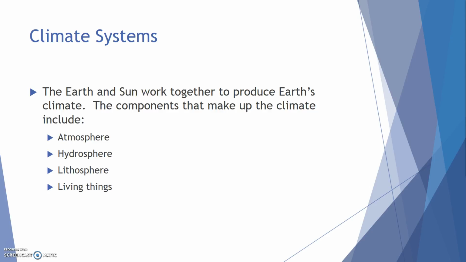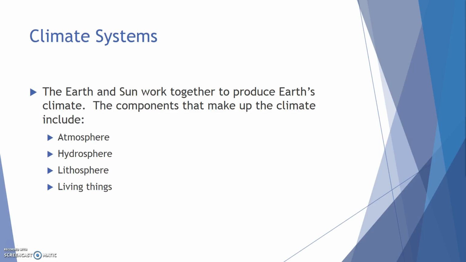So the sun and Earth work together to provide these climate systems. The atmosphere is probably a term that you are familiar with. We're going to go into depth about the atmosphere in our next lesson, but the atmosphere is essentially made up of the gases that surround the Earth. We'll talk about that makeup of gases in the next lesson. The hydrosphere, hydro meaning water, is a climate system that deals with the water cycle, all forms of water, whether it's solid ice, liquid water in the oceans, or water vapor